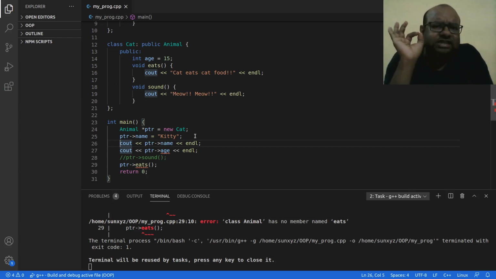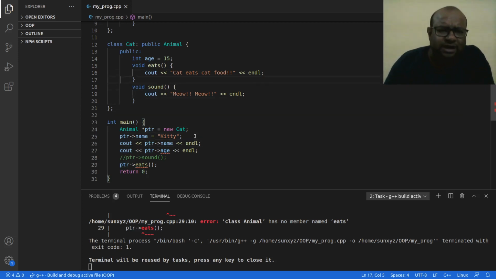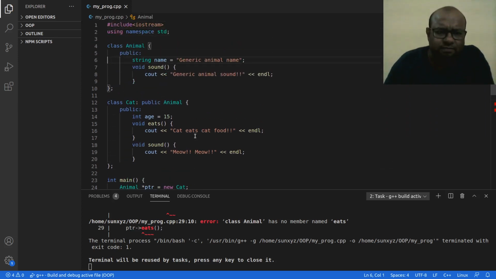I am able to access the attributes that are common, that are there in my parent class. So in my parent class I have name, and I have this sound function. We will soon talk about the sound function, but right now just see this. I have this name attribute, and in my child class I have this age attribute and then this each method.